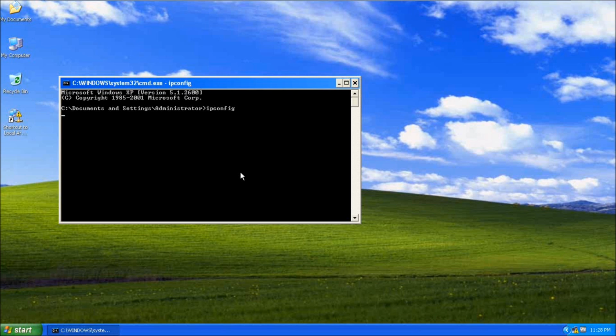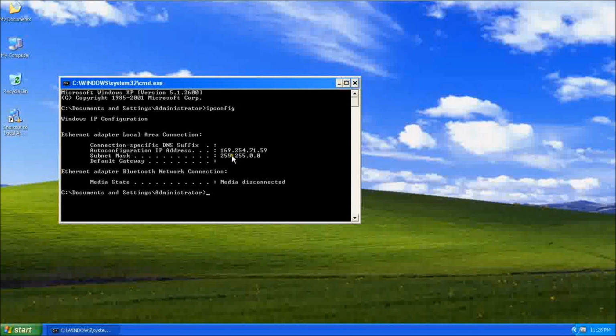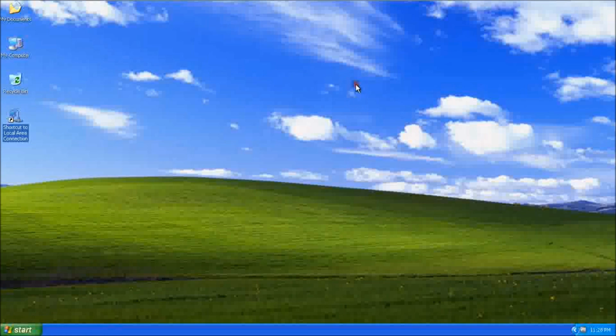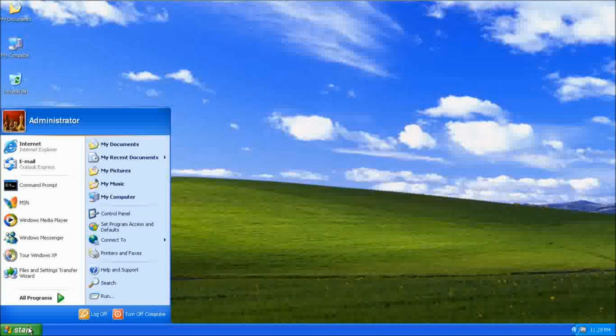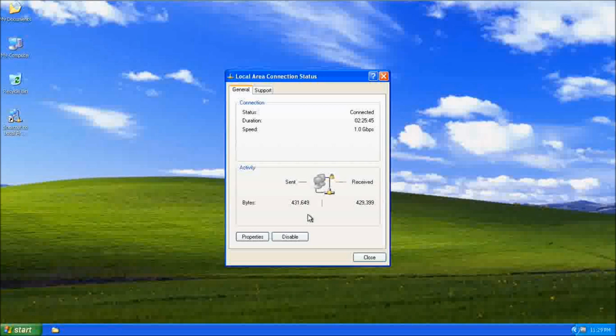Then you see the IP address of the machine. It also works with every other Windows version, either Vista, Windows 7, or Windows 8. As you can see, the IP address is totally messed up. So what we can do here is the following. Because DHCP is already enabled here, you can do it either with the graphical user interface or